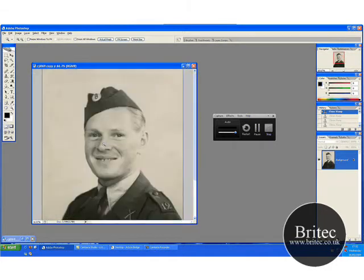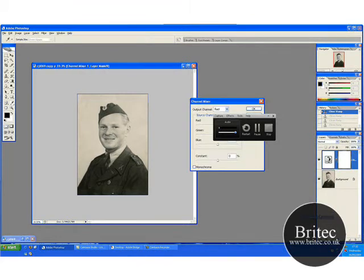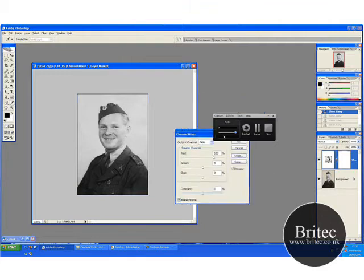Let's take that out and see where we are. That's looking a lot better already. So what we want to do now is take the colour out of this a little bit, the actual dirty marks. You can see them just around there. So what we're going to do is just go to channel mixer, monochrome, click OK,